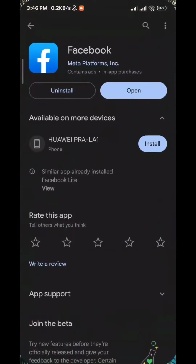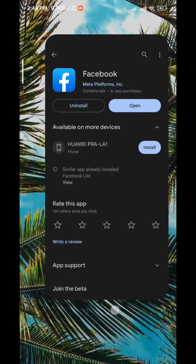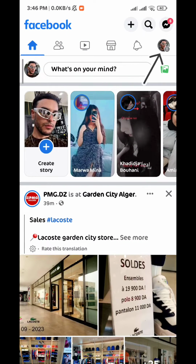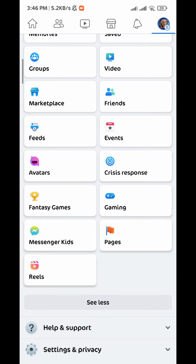We need to go to your Play Store or App Store and update the Facebook app to the latest version, and later I'll tell you why this is very important. So once you do that, go ahead and open the Facebook app, and of course you have to be logged into your account. So open Facebook and then tap on your profile picture in the top right corner to go to menu. From menu, tap on see more right there, expand this list of course, and then tap on Reels